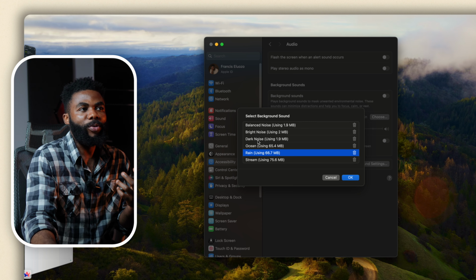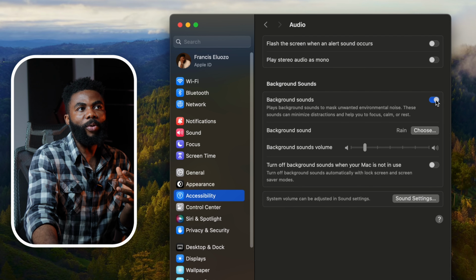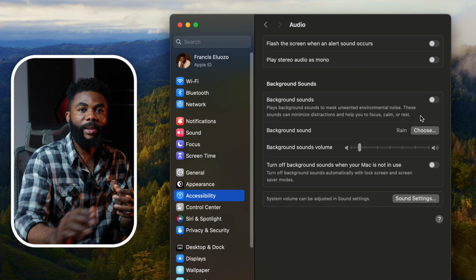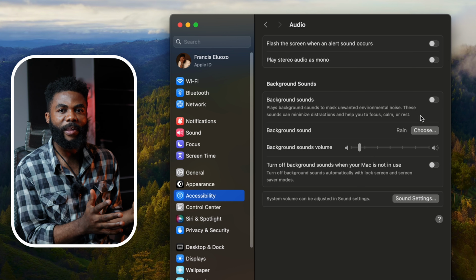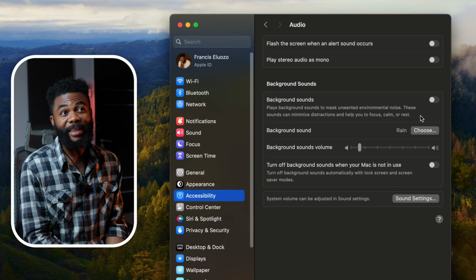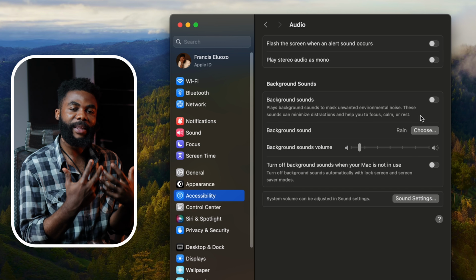So if I want to write, I want to lay down and rest, I can just put in some rain sound or something. I can toggle the background sound on and increase the volume just as I want to. It's not the best, and there are very few sounds to select from. Again, not a time-saving thing, but it's something I find useful, and I think a lot of people may not know that this is a built-in